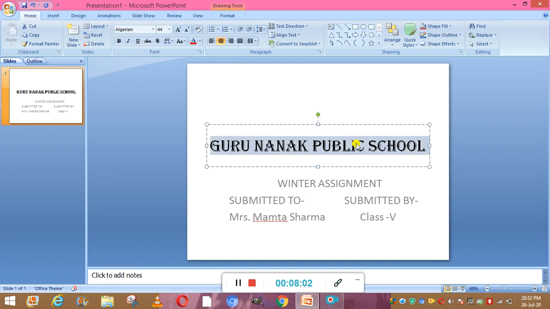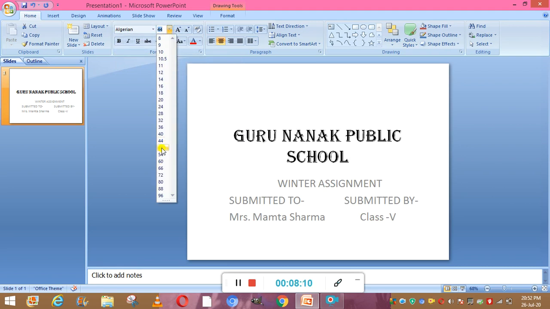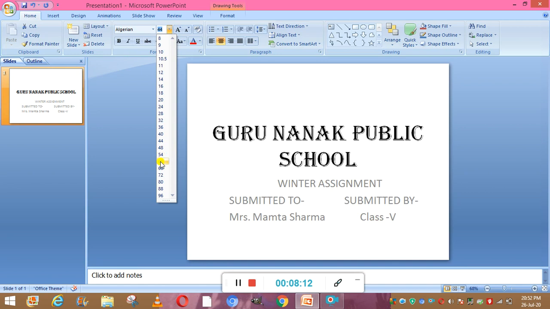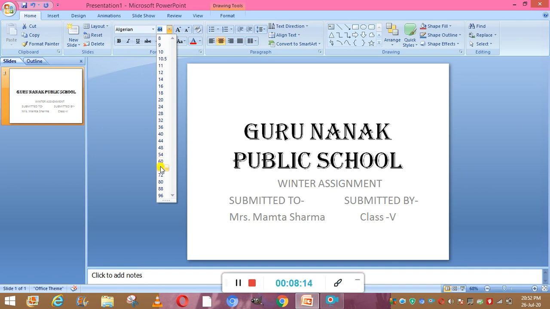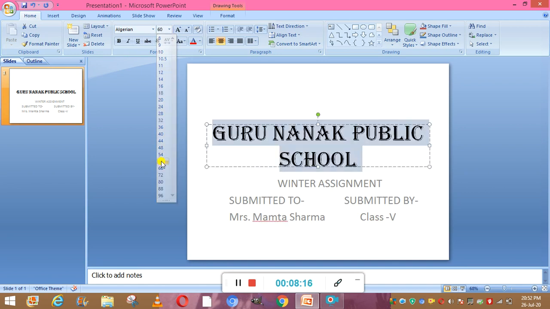After that, you can select the required font size. We have already selected the text, and this is the font size. Suppose we are selecting 48 or 54, okay, we are using 60. Now you can see your font size has been increased.